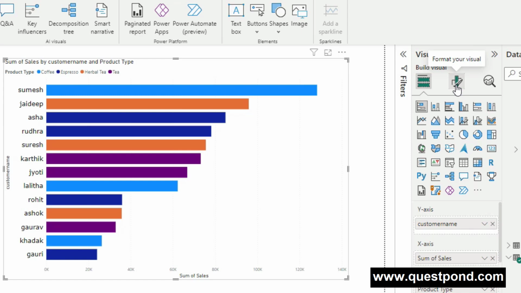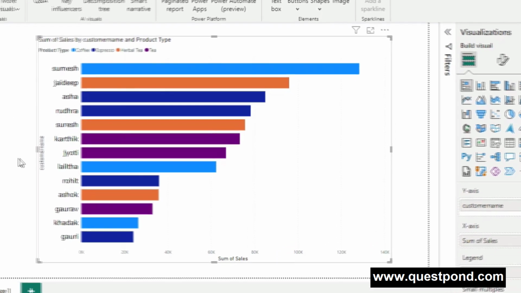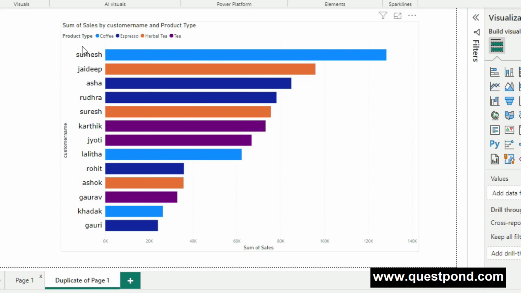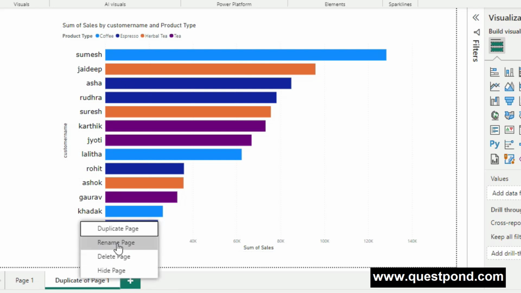Now there is one more option which I wanted to discuss with you. If you see over here, we have created this visual, we have added this visual into this page number 1. If you want, we can rename this page by right clicking it, as you can see over here. In case you want to duplicate this page, yes, we can do that by clicking on this link. So this is how we can duplicate this page. In case you want to create a new page, we can click on this plus icon to create a new page. Okay. So I want to rename this page as